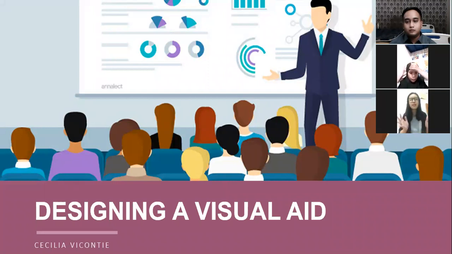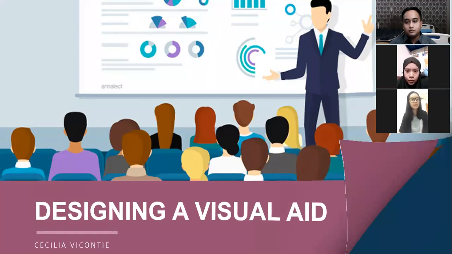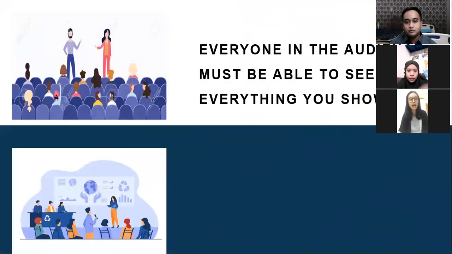Whatever the form of visual aid that you choose, remember that there is one overriding criterion: everyone in the audience must be able to see everything you show. So remember this when you design your visual aid.